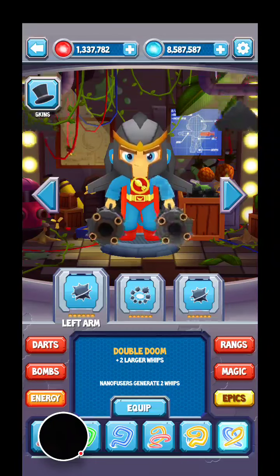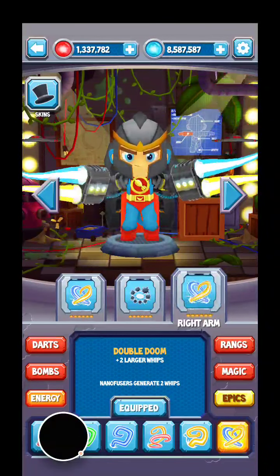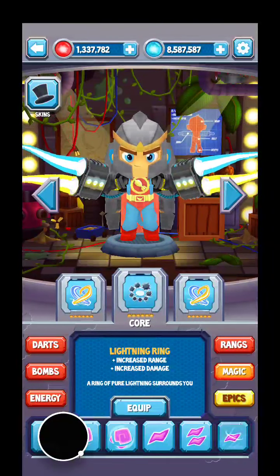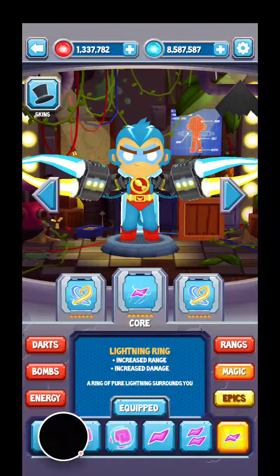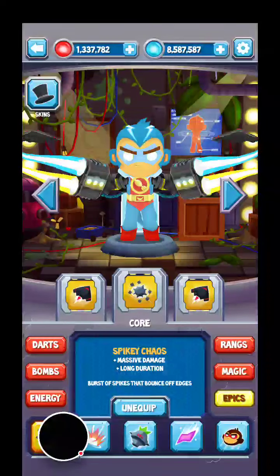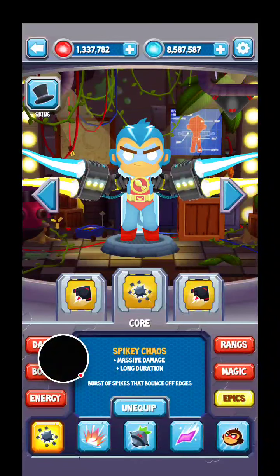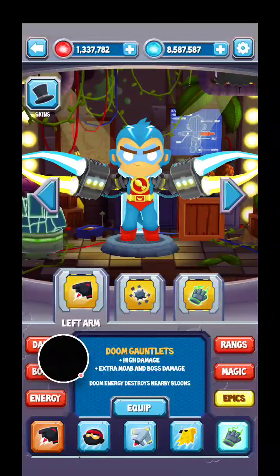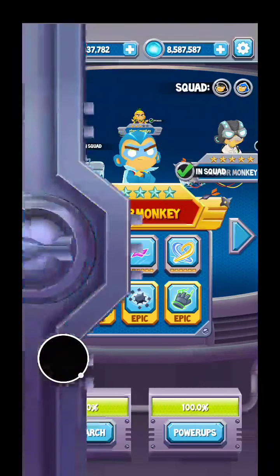So he's going to get the energy weapons on both sides, and then he can have whatever you want in the center, but usually something like that, and the energy or magic at the core. And then for the epics, that spiky chaos is really nice to have in the center, but you really want these doom gauntlets. Now the way this is going to work is that when you go through a level,